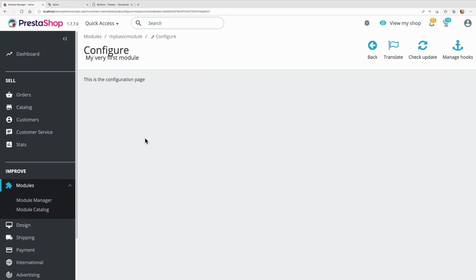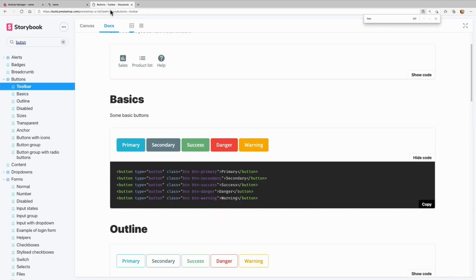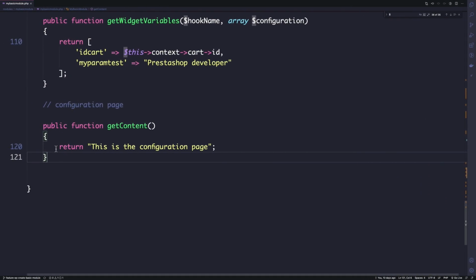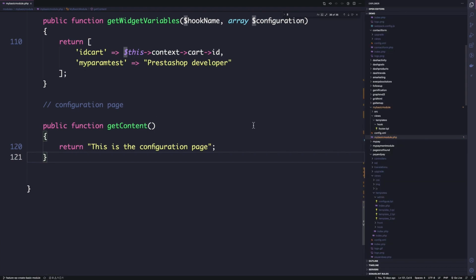Hello and welcome back to this new episode, in which we'll be adding more content and more dynamicity to our configuration page. Just to know that in this episode I'll be using the PrestaShop UI Kit here to get some beautiful elements. And let me just move back to my IDE, and here the very first thing I would like to